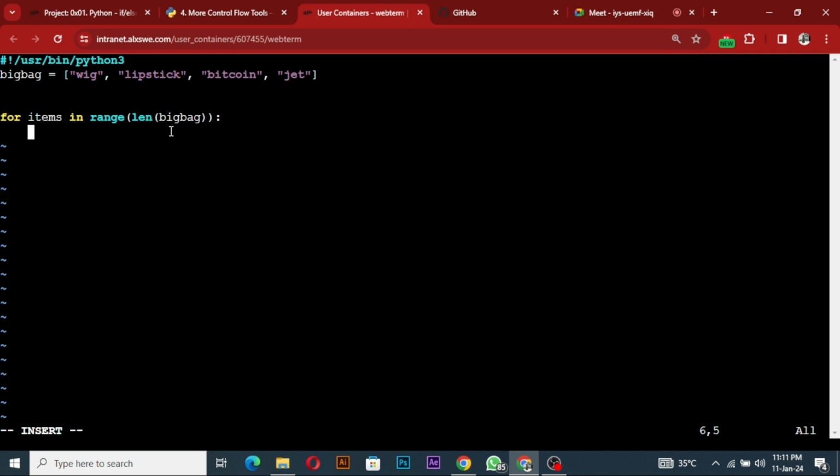Now, I want to print out my items, which is not really items. Let me change the name to I, iterator. I can change it to iterator, or let me just use I. Okay, so I said it should print I. If I just do this, print I now,